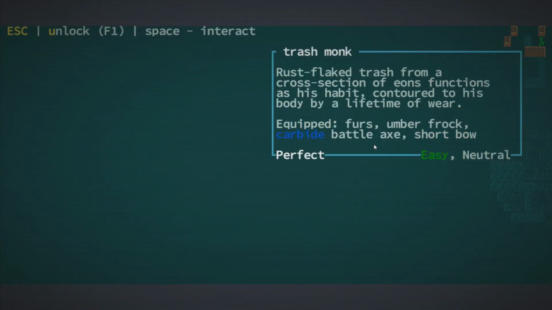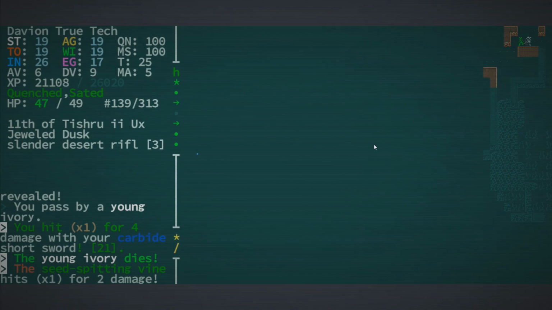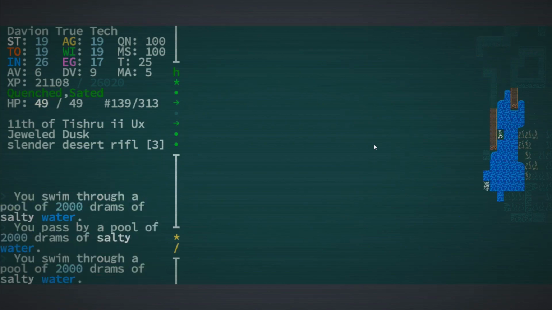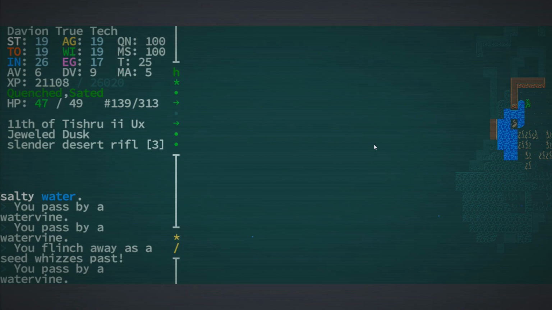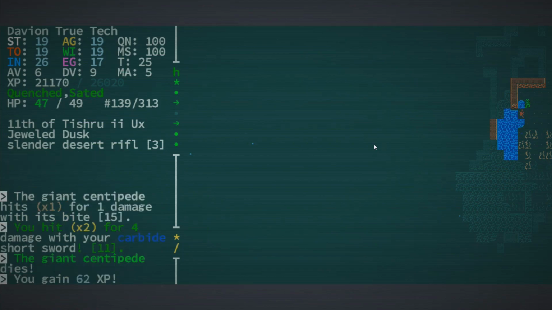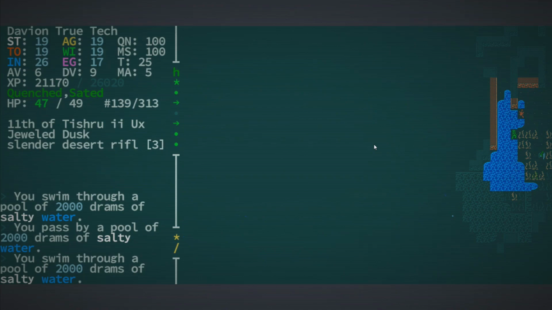What's this? A trash monk. Alright, so this guy's easy to fight. I'm still under attack by a damn sea spinner, so... Oh, high explosive miner, Mark 1. Still pistons fire and altering quattro and coat the miner and her mines and start patterns, blah blah. Ooh, she's got an explosive egg. This one's probably very dangerous to be near, so...